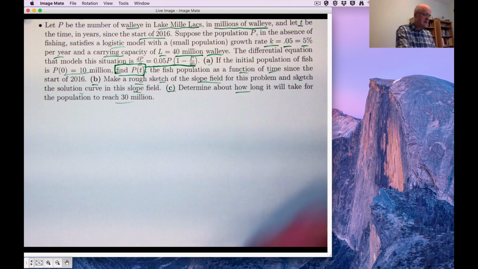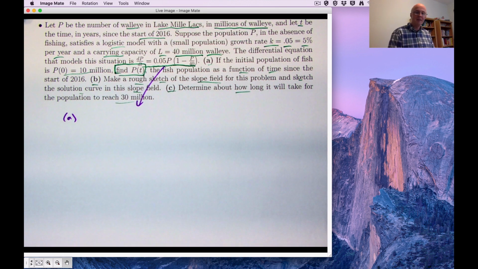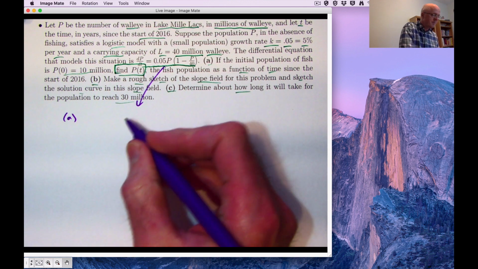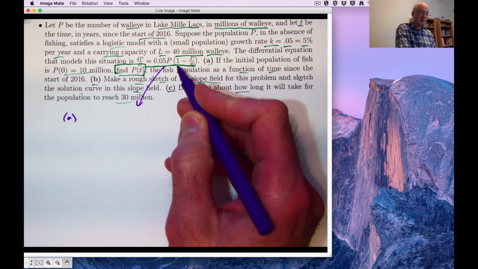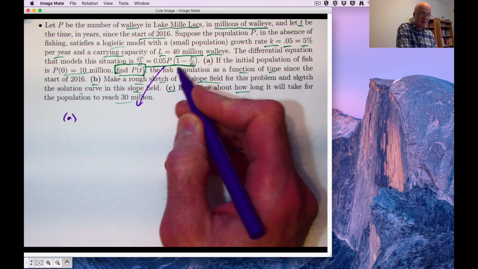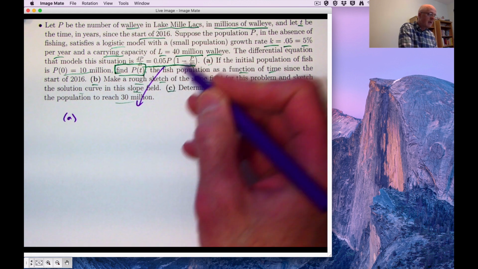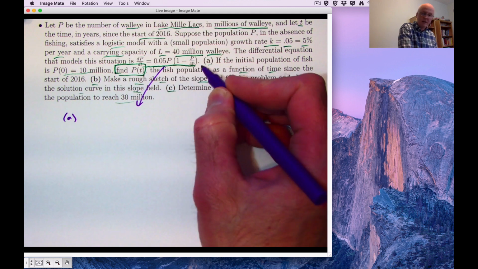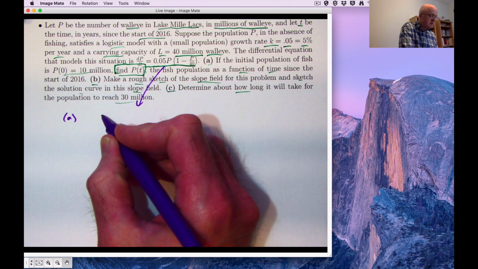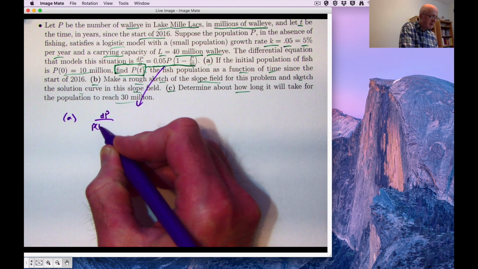All right, so we need to start by taking the differential equation and solving for p. Separate variables, just like in the first problem. It's a little harder in this case, though. We do want to get the dt on the right side. And there's no ordinary t's on the right side, so you don't have to divide by t. We do want to divide by everything on the right that involves p and 1 minus p over 40. If we do so, we'll get the expression dp over p times 1 minus p over 40